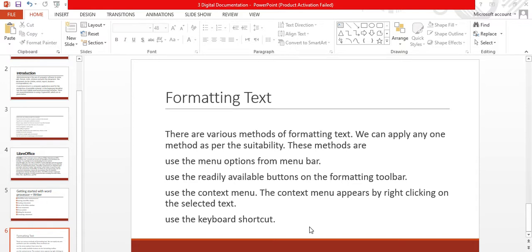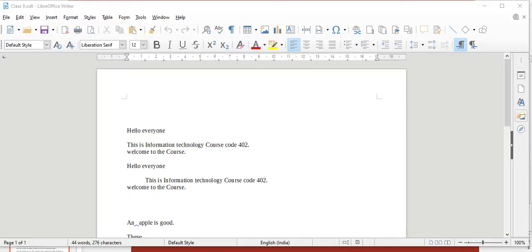These methods are: use the menu option from the menu bar, use the readily available buttons on the formatting toolbar, use the context menu that appears by right clicking on the selected text, or else use the keyboard shortcut. For formatting text, first you should select the text.